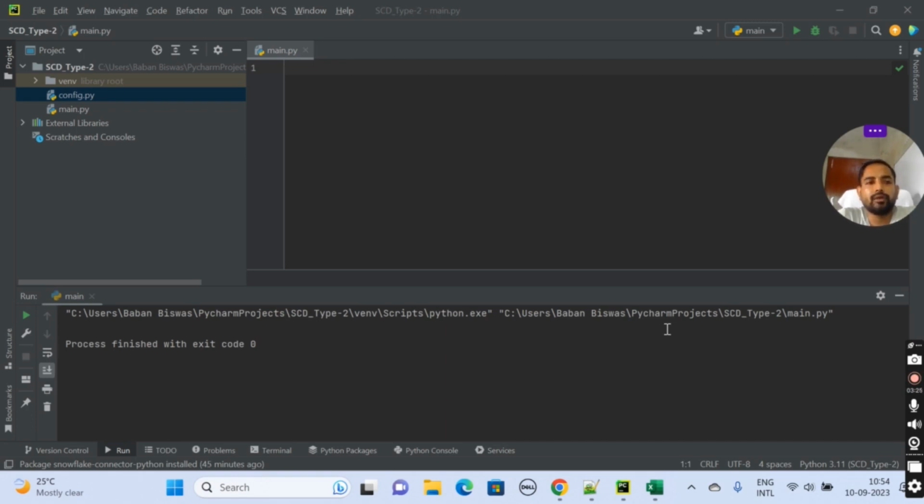In case of type 1, suppose today my address is Kolkata and I am moving out of Kolkata and will settle in Bangalore. That means my address will be changed to Bangalore, and we are not going to retain my previous address, that is Kolkata. In that case it will be type 1. Now if I want to retain that, it can be type 2 or type 3 or any further type.